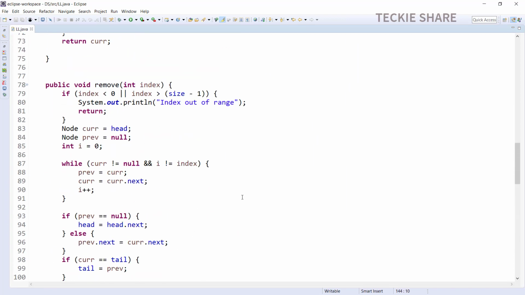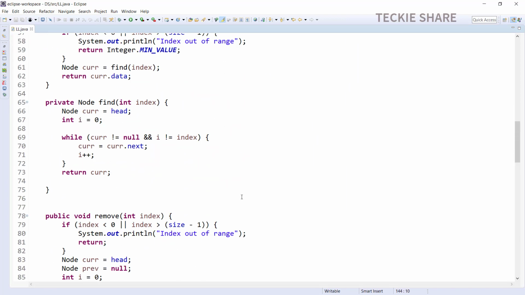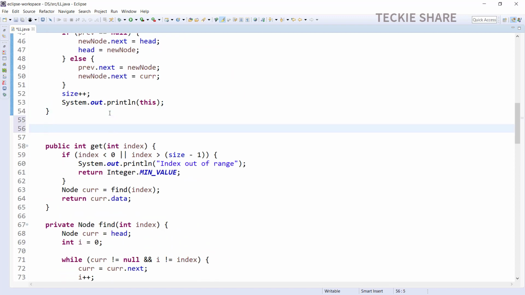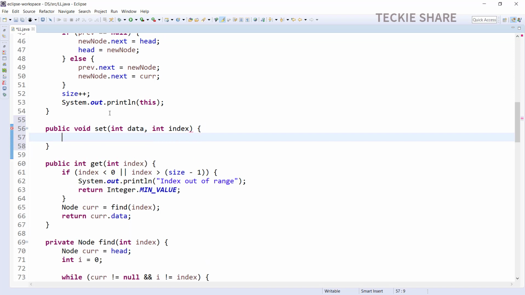Okay, now I'm going to create the set method, which sets the data at a specific index. The method signature will be public void set. Here you have to pass two arguments: one will be the data and another one will be the target index, the index where you want to set that data. The first verification will be index verification, which we have done in the remove method, get method, add to index method, and so on.